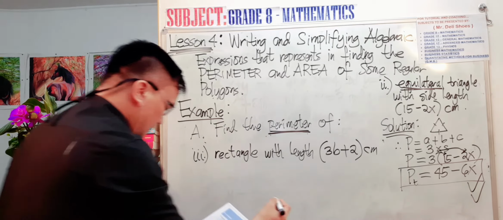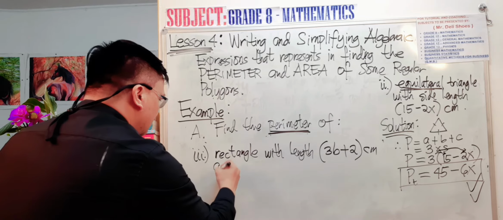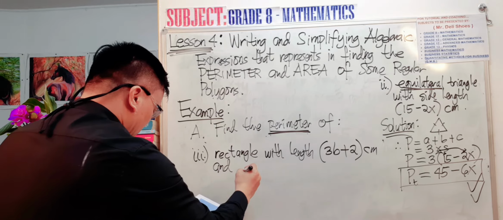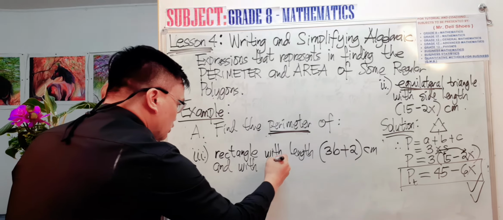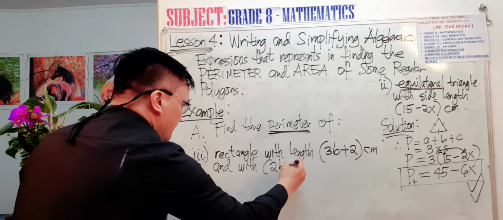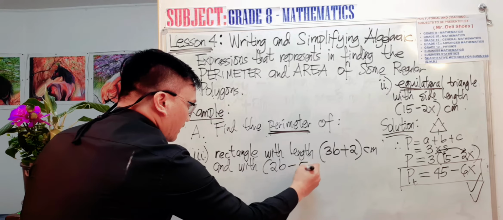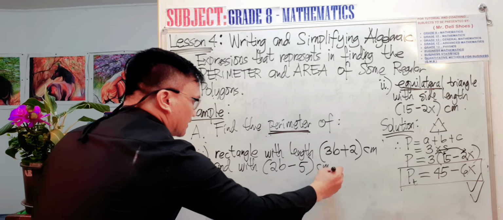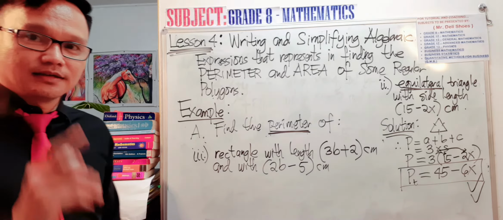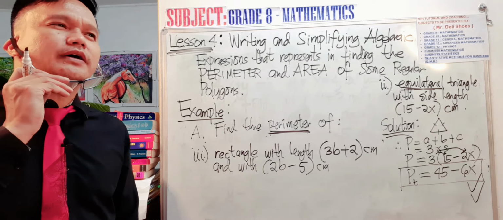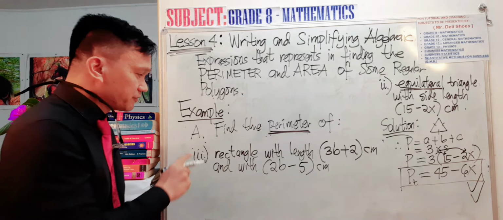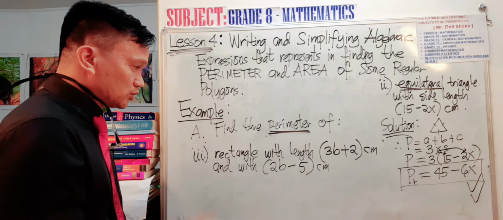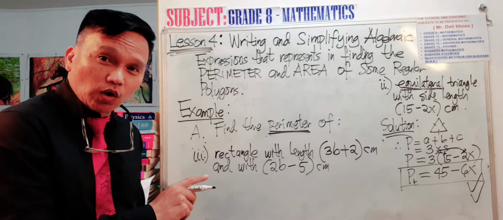So there's a unit, and the width is 2b minus 5 centimeter. Again, before you are going to do some calculation, you have to make sure to draw